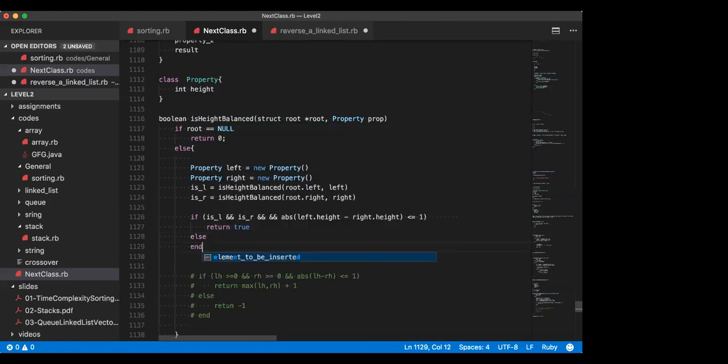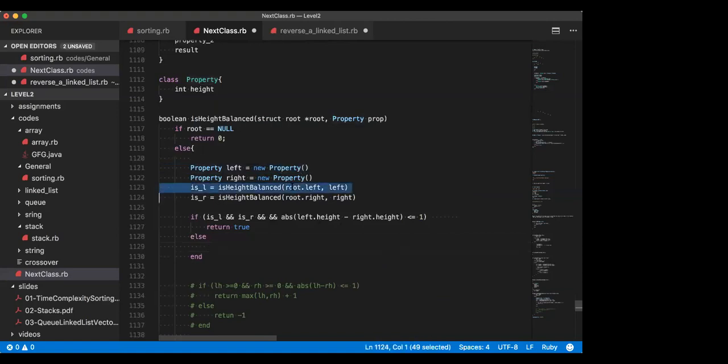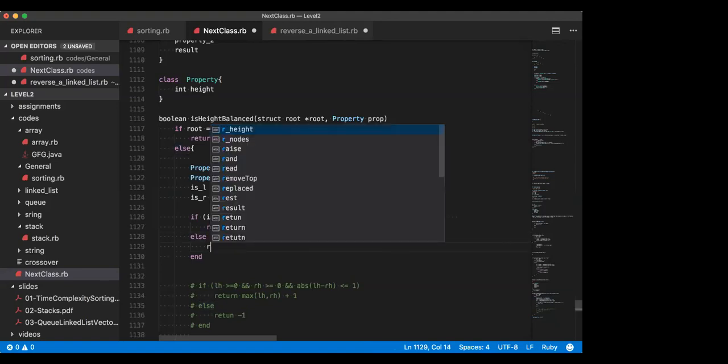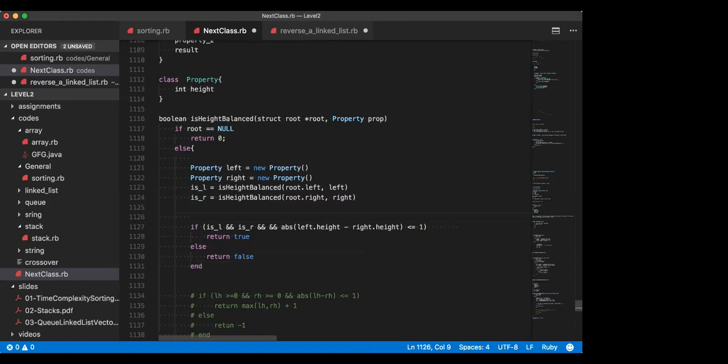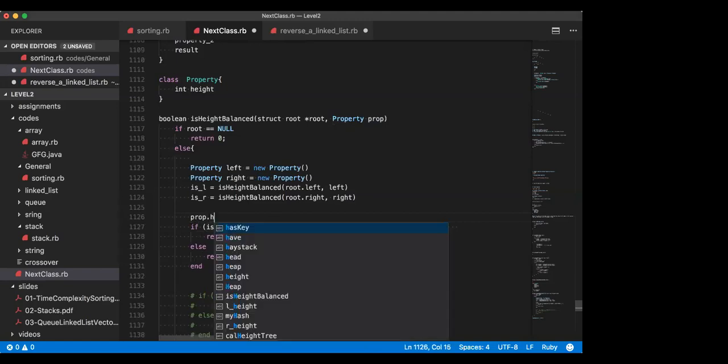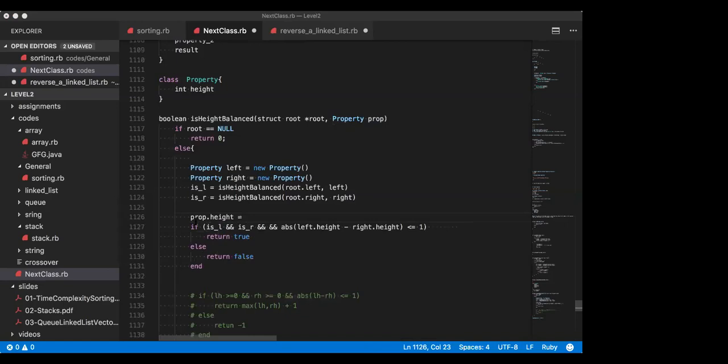One more thing we have to do, by the way, is calculate the height, so that we can assume that after calling this method, this was set somehow. We are using the absolute of left dot height, which assumes it will be calculated, hence we will have to calculate it. Let me first return false for the other case. Before returning, we have to calculate the height of this node: the prop dot height which was passed to me is equal to max of